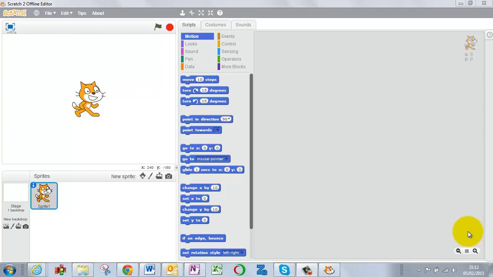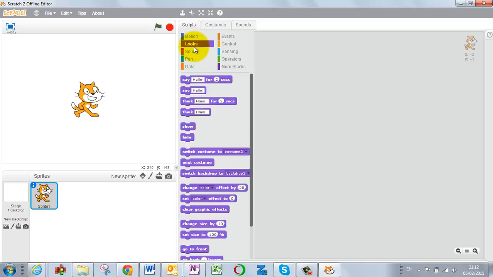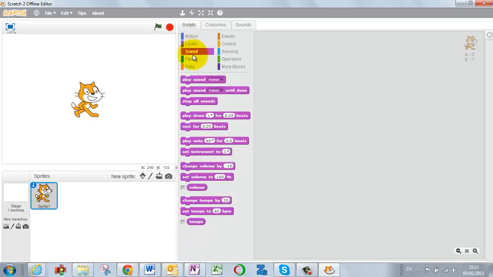So here's a very basic introduction to Scratch. You get your stage on the left and your sprite. By default it's a cat. You've got your different areas of program code to do with motion, what the sprite looks like, sounds it makes,